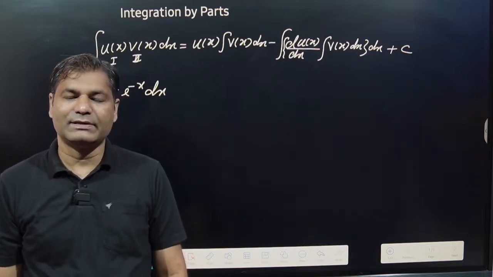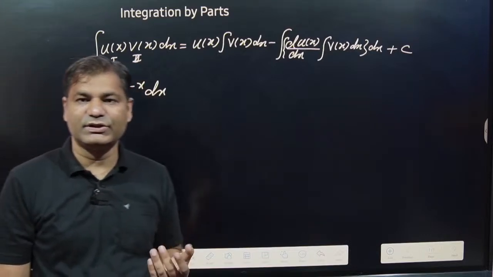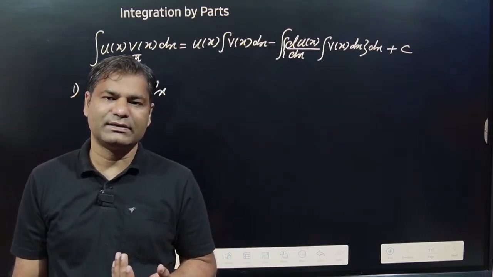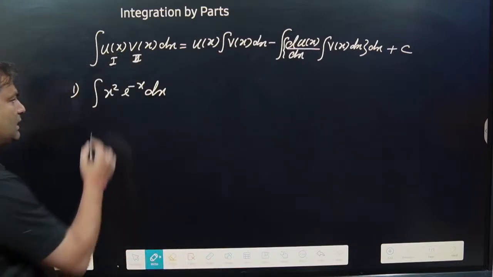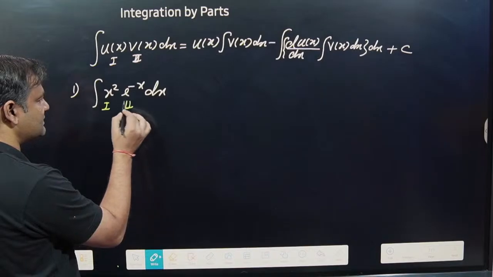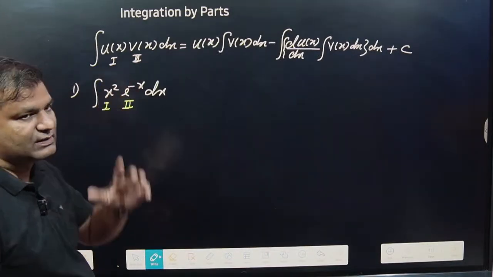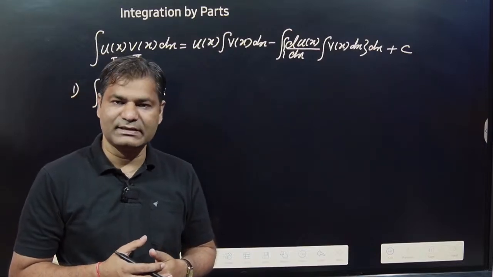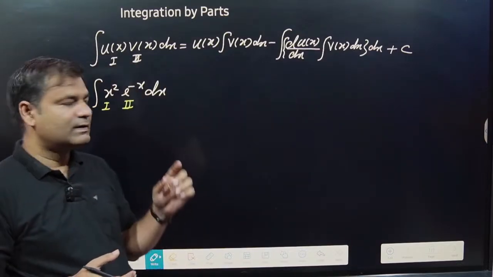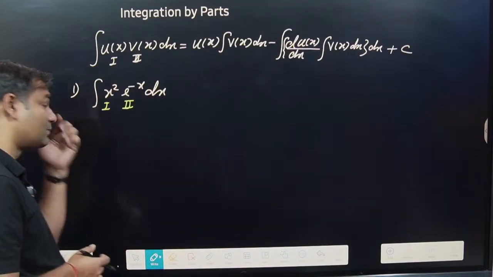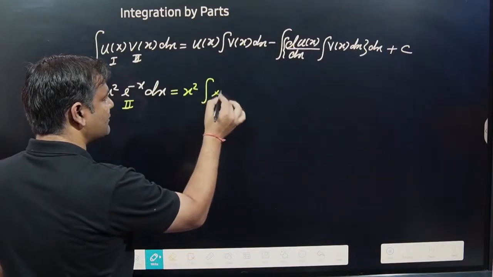And it also depends on the second function: e to power minus x, and I know its integration, so the best method is to take this one first and this one second. Otherwise, if this part cannot be integrated easily, then you can take that one as the first function. So if you apply the formula here, simply write x square into integration of e to power